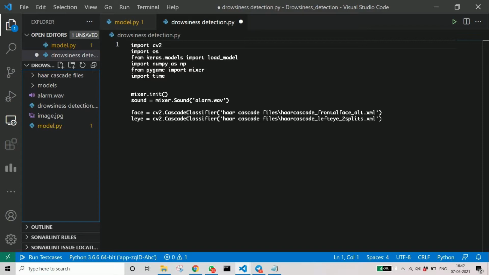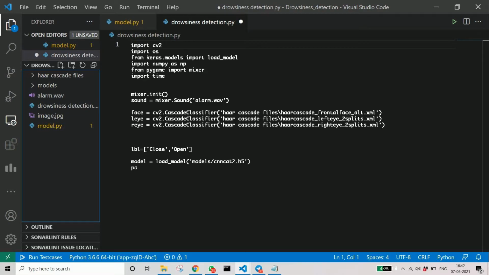After we get the face, we use the left and right eye classifiers, and from that we get images of both eyes. We should ensure both our eyes are closed to confirm that we are sleeping. After using the cascade classifiers, we put them in a range so that we can use them as images later. Here we are loading the model, the .h5 which we trained earlier.